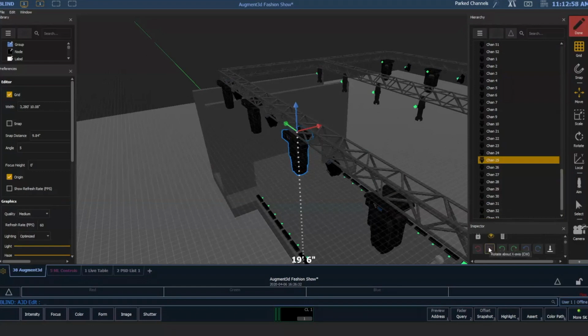So I can rotate it on the X. These circle buttons are 90-degree kind of shortcuts, just quick moves. So I can spin it 90 at a time on the X-axis, and X is always going to be red. I can spin it 90 degrees on the Y-axis. And I don't have to do 90, I can do other increments too, but these buttons are the 90 shortcuts. Or I can spin it on the Z-axis, and that's basically going to spin the light on the truss, like